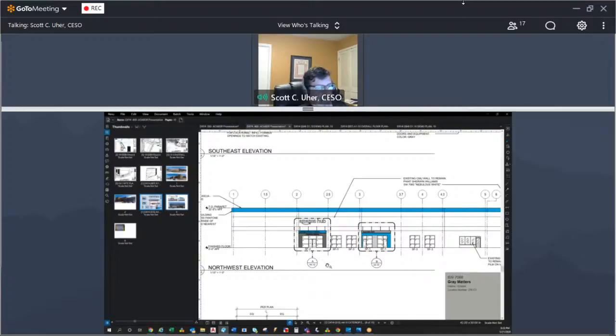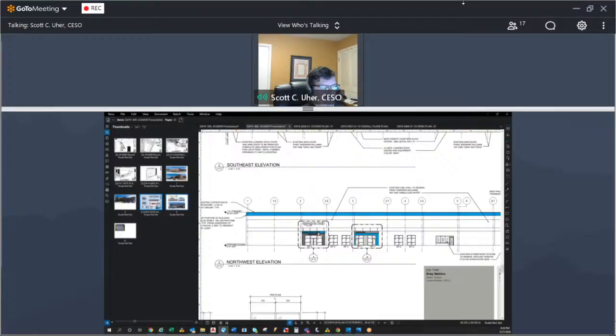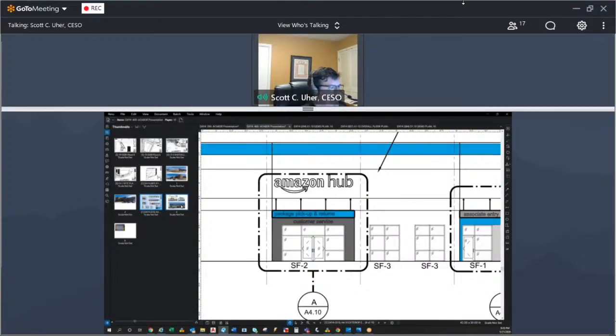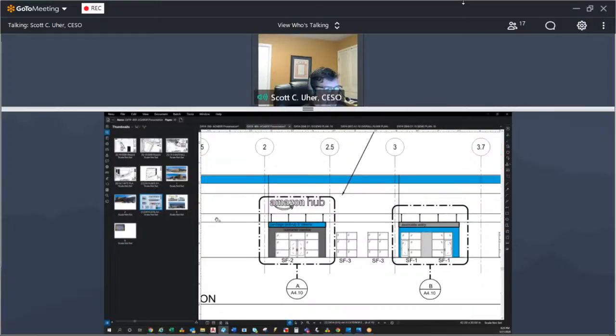So as we kind of mentioned earlier, yes, there's some visibility to the site, but as you get to lower grades, I don't think that you're going to really see these features that much, because they should be obstructed by the landscape and the vegetation that buffers between the Amazon site and the adjacent residences. And these are branding elements. I will show you here in a second a rendering of what those look like.